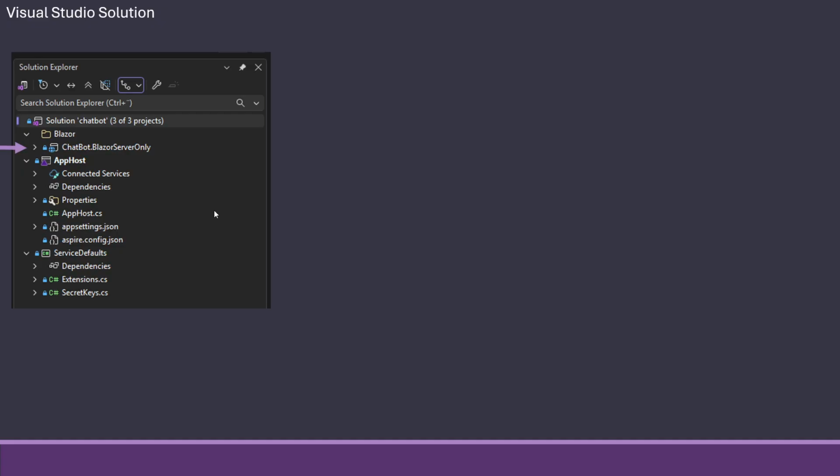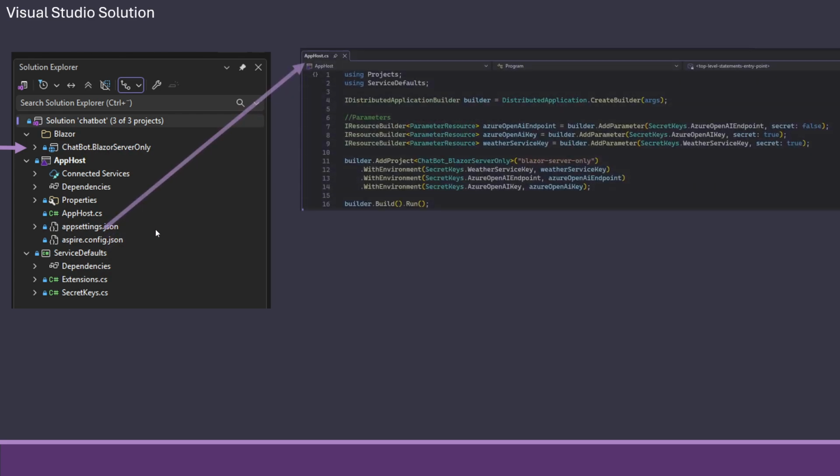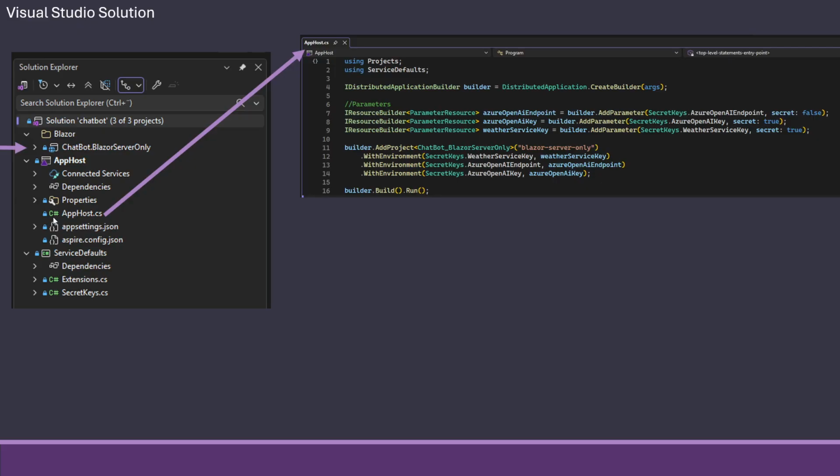But because we will have multiple front ends and multiple back ends, I put this into .NET Aspire. So we have an app host and we have the normal service defaults, so we can host the things. And we're actually going to use them actively. So we could have put everything up in Blazor server and just had that one. But what I'm doing is in app host, I'm asking for the various parameters. So for Azure OpenAI endpoints and keys and so on.